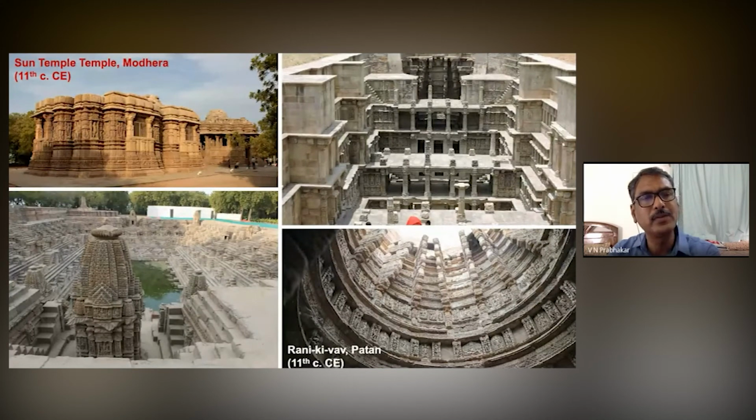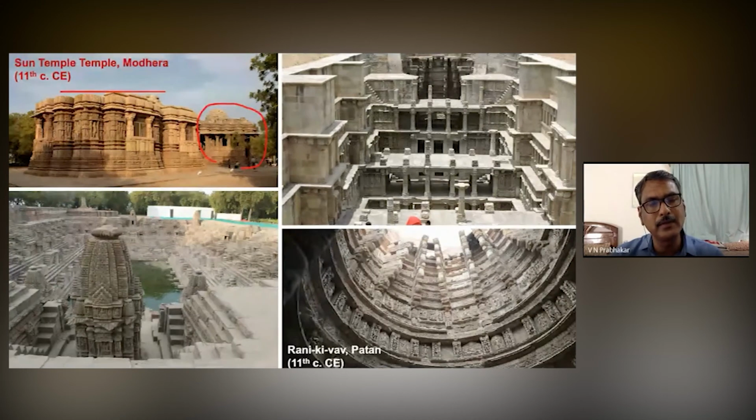In the case of Gujarat, we see the Sun Temple at Modhera, which is completely different. It follows a different style of architecture. Again, it's a variety of the Shikhara architecture, but here what we are seeing is that the shikara is missing, and in front there is only one mandapa, the Maha Mandapa. And in front of the Mahamandapa, there is a huge ornamental tank. So this is a typical feature of the Gujarat region, where we find an elaborate tank alongside a temple.